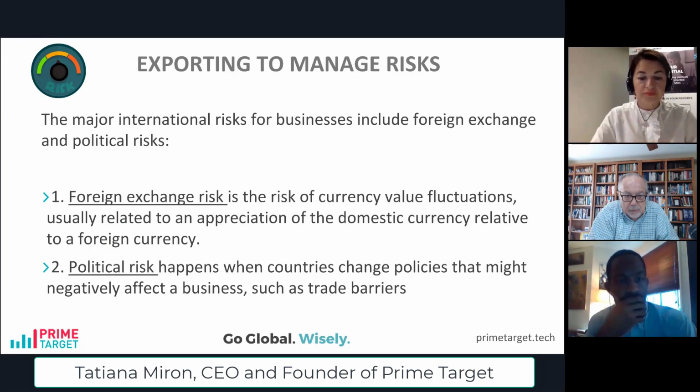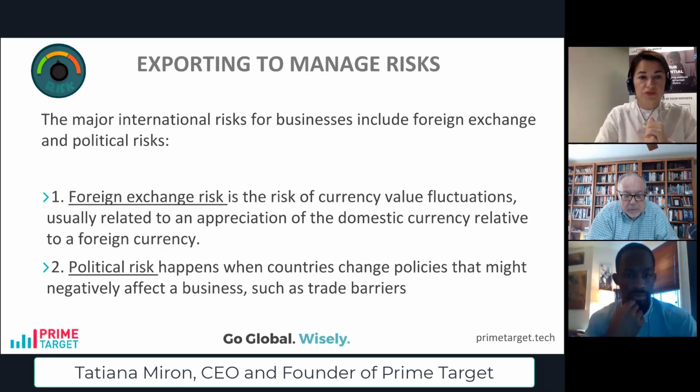However, it is a fact that as an SME, being active on diverse markets presents a lot of risk as well. And we need to learn how to first identify them, and second, how to manage them. So before we start talking about market attractiveness and market selection, let's quickly understand what these risks are. First of all, the two most important risks are